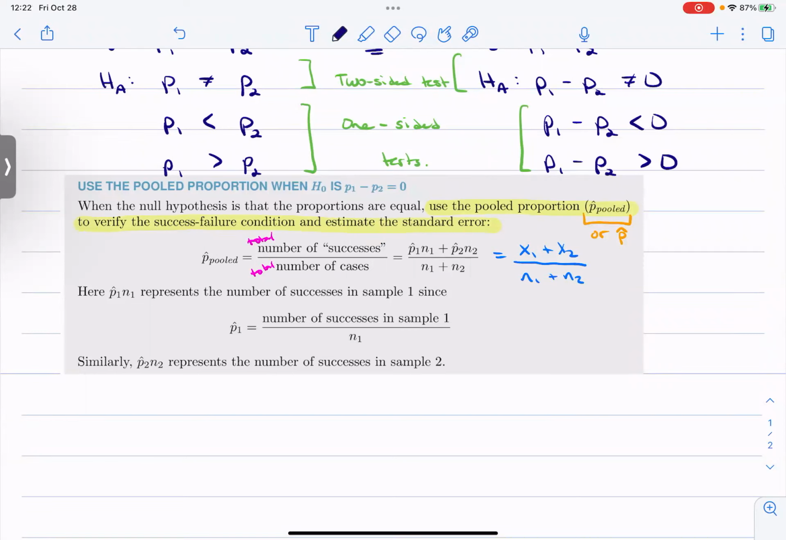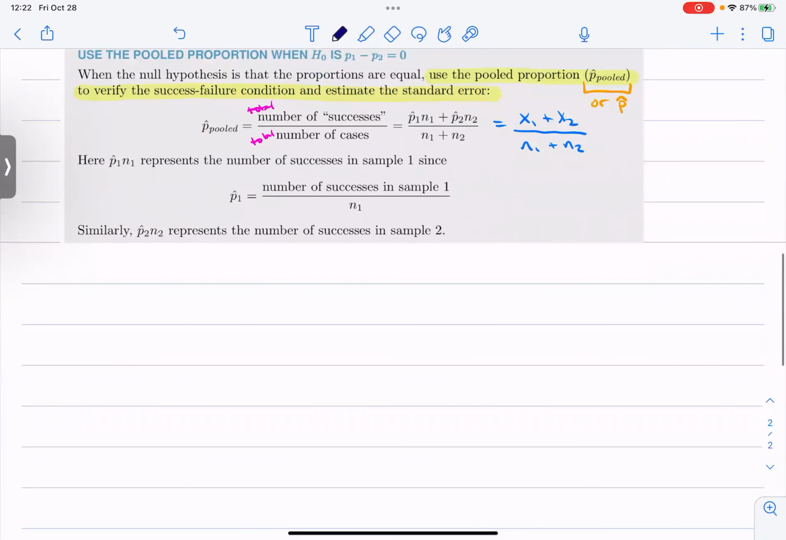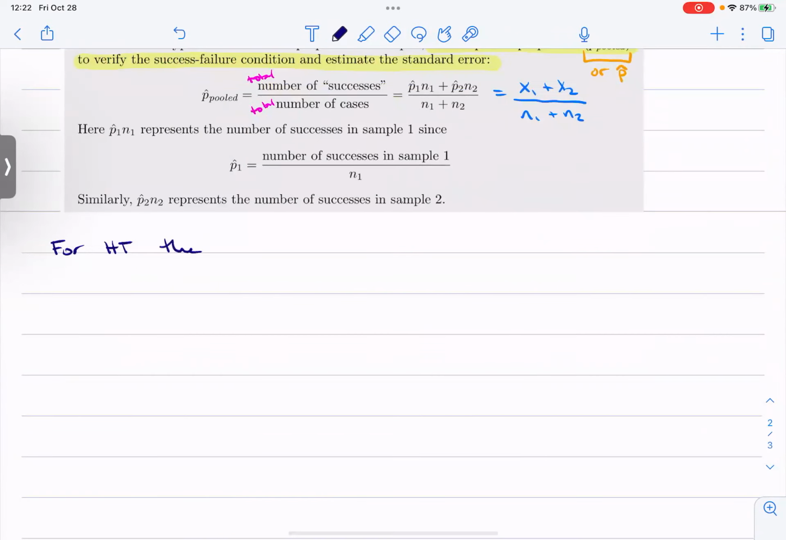If you have to check the conditions and you're not sure which ones, you would have to read the question to figure out if you're going to be doing a hypothesis test or a confidence interval, right? And if you're doing both, then you have to check all the conditions. Ugh. But you may as well just kind of get it over with. So for hypothesis testing, the conditions we check are,